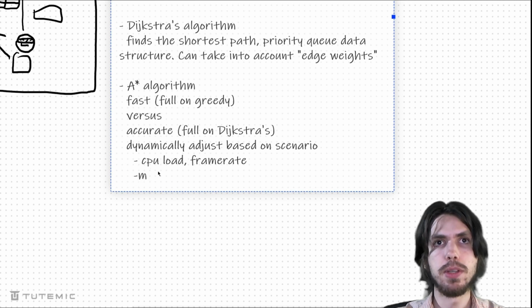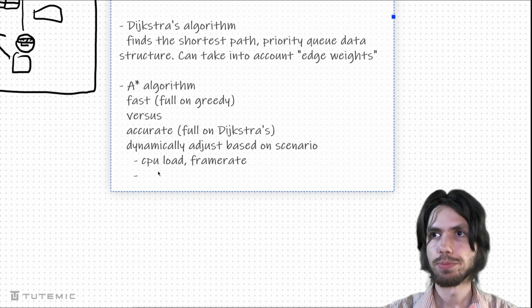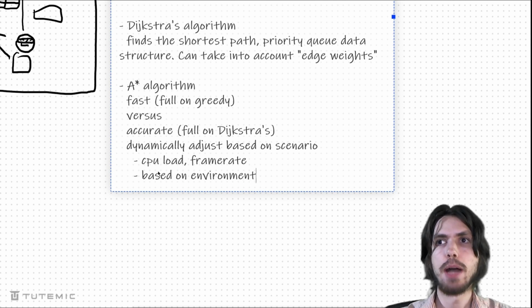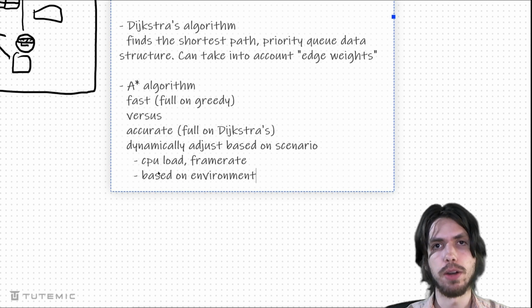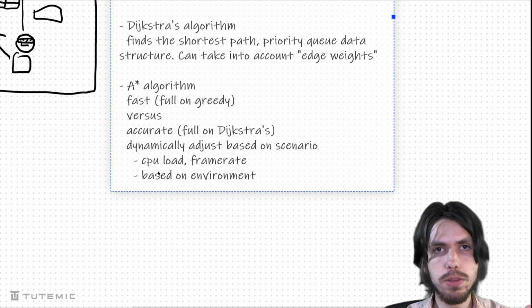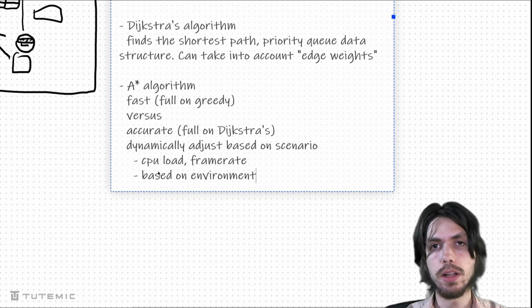All right, or perhaps it'll be environmental, right? So based on environment. So for example, perhaps you know for a fact that it's a very costly terrain, or there's a lot of mud, you know? And then you can choose how fast or accurate you want the algorithm to be based on if everything is uniformly muddy or uniformly grassy or uniformly, you know, traps everywhere, or whatever it is you want, and you can tweak your algorithm based on that, whether you want it to be fast or accurate.